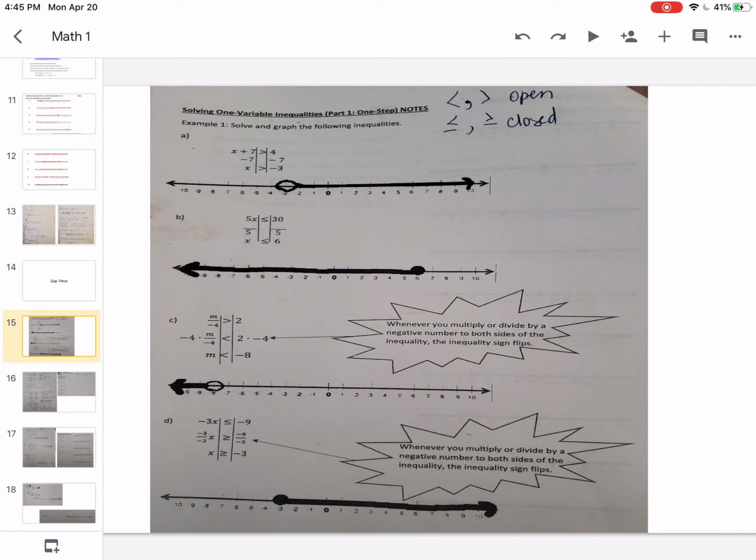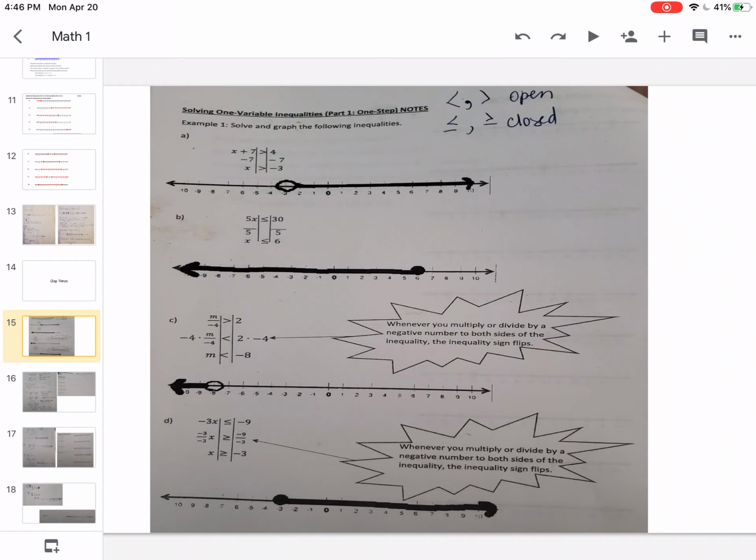Okay, next example. Negative 3x is less than or equal to negative 9. Again, we have negative 3 times x, and I want to get x by itself. So I'm going to do the opposite of multiplication, which is division, and divide both sides by negative 3. Negative 3 divided by negative 3 cancels out, and I have an x. Negative 3 goes into negative 9